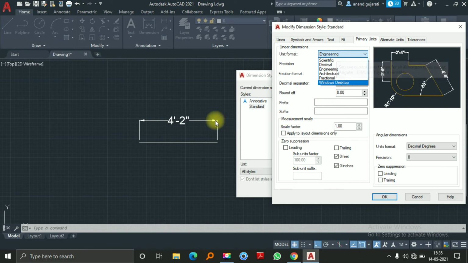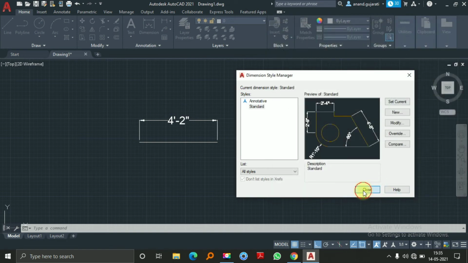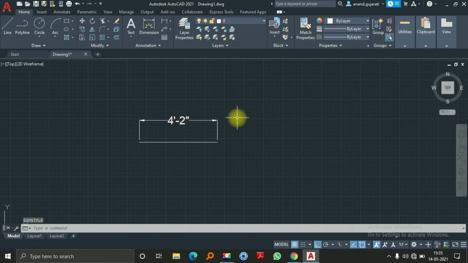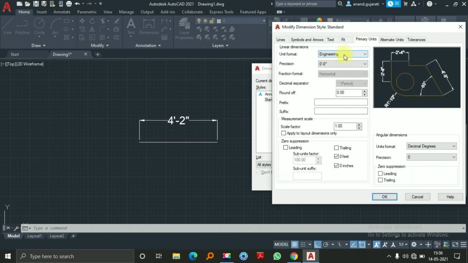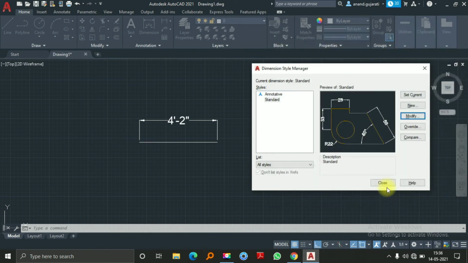That's why it reflects here as 4 feet and 2 inches. What does 4 feet 2 inches mean? 50 is equal to 48 plus 2, and 48 is equal to 4 feet. So that's why it reflects here as 4 feet and 2 inches. I simply change it here from engineering to decimal. Here I select from engineering to decimal and click OK and close.